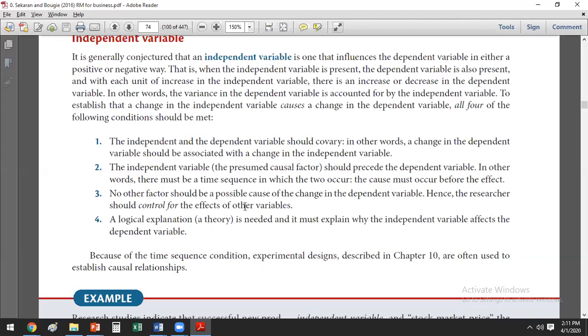No other factor should be a possible cause of the change in the dependent variable. Okay, there should not be any other factor in your study, in your belief, or in your literature which is missing. So you try to use as many as important or critical factors which is causing the change in the dependent variable. There must be a theory. ठीक है? Fourth point is a logical explanation या theory is needed and it must explain why the independent variable affects the dependent variable. कि why का जो आंसर दे आपको theory, ठीक है, तो आप उसको इनका independent variable को आप define कर सकते हैं. ठीक है जी,